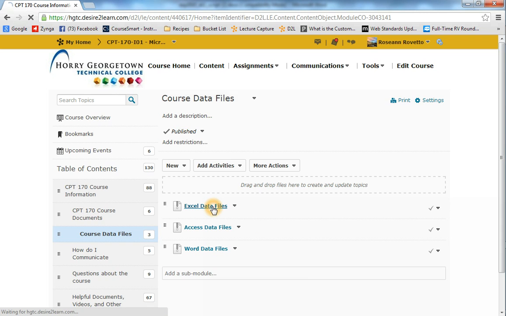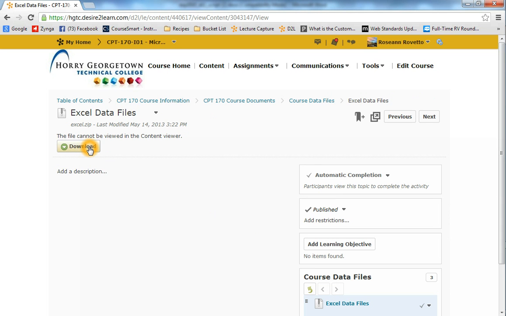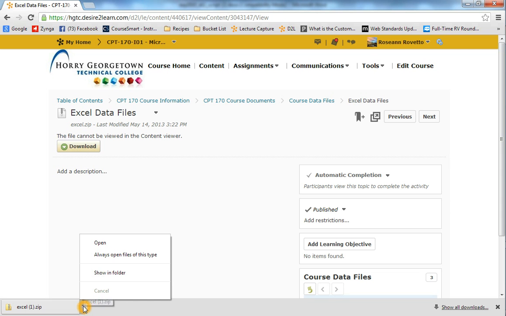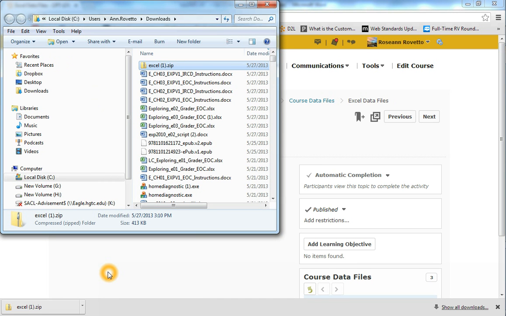All you're going to do is click on it, and then it's going to say download. Most of the newer browsers will bring you up a bar at the bottom like this. This is Chrome I'm in right now. And it will take you to a download folder, and you want to click show in folder, and that's where your Excel 1 zip is going to be. You do not want to extract them here. You can right click,